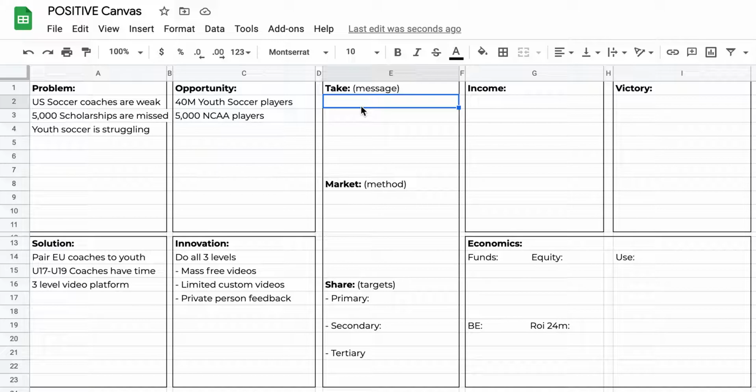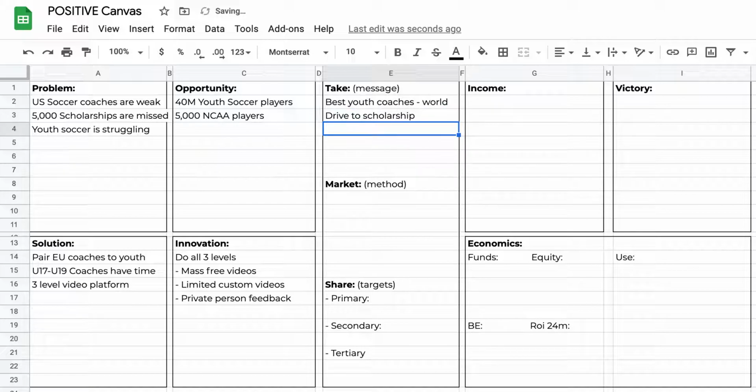So the message here can be best youth coaches in the world. Again, you'll notice I'm trying to keep it really tight word-wise. Don't have a lot of space, especially if you're writing with pencil. So our message is we have the best youth coaches in the world. That can do what? Maybe we say drive to scholarship.